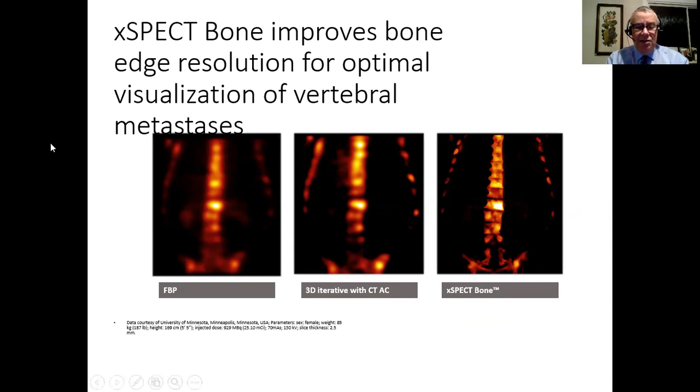And again, this is 3 reconstructions of the same patients. The patient was only scanned once, but it was reconstructed 3 different ways. So this is just a SPECT image. This is just a normal back projection. This is with CT attenuation correction, which is what most of us now use. But then when you use the XSPECT, can you just see how much clearer that image is and how much it actually looks like the spine that it came from? So these are very exciting new areas, really,